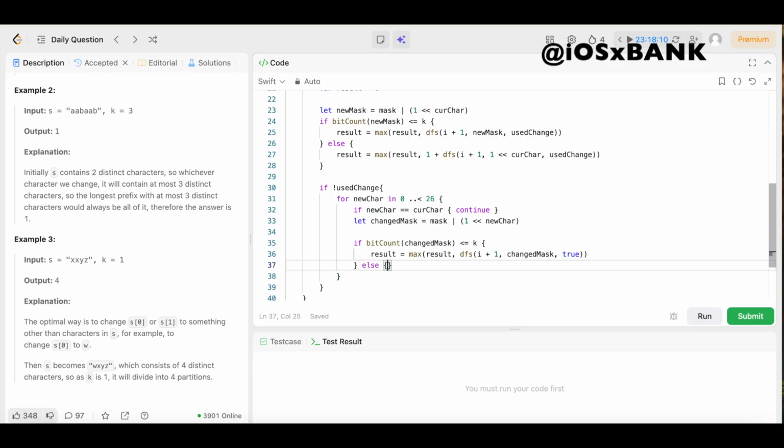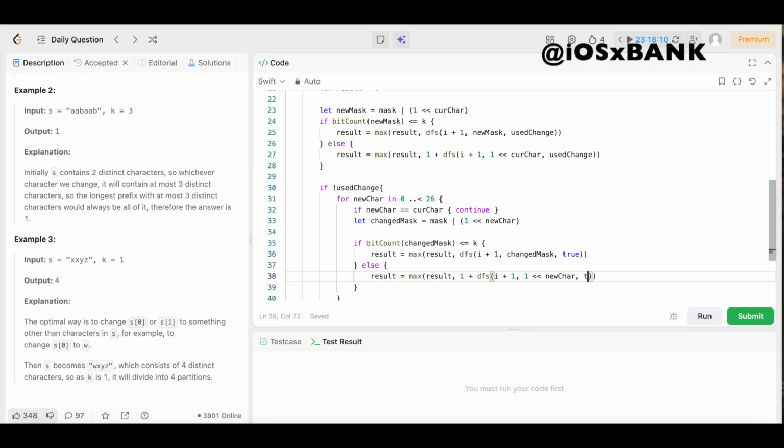We'll say else. We'll open up the brackets. And otherwise, we're going to start a new partition with the changed character by saying result equals max(result, 1 + DFS(i + 1, 1 << newChar,